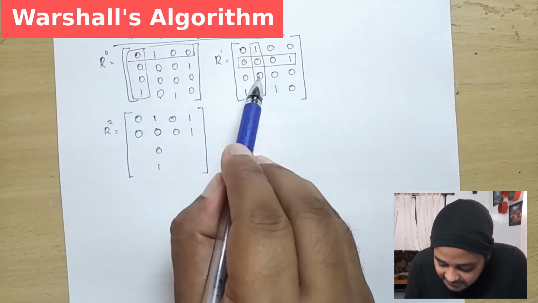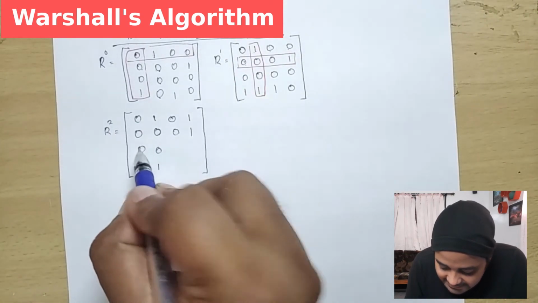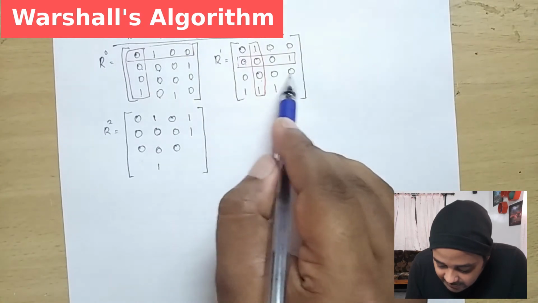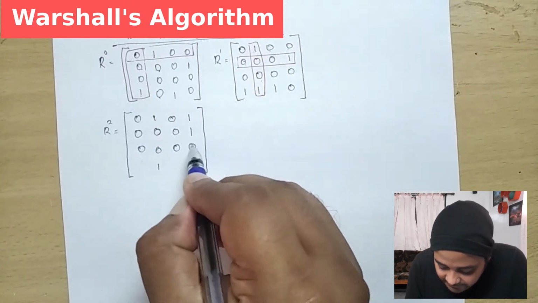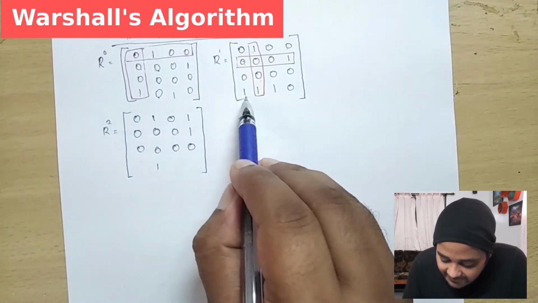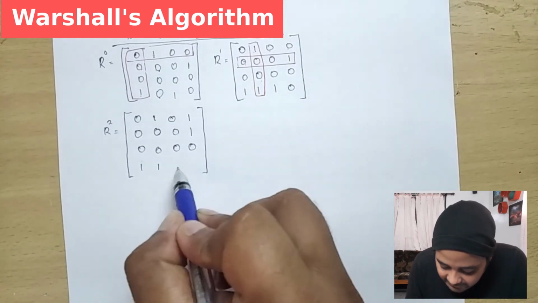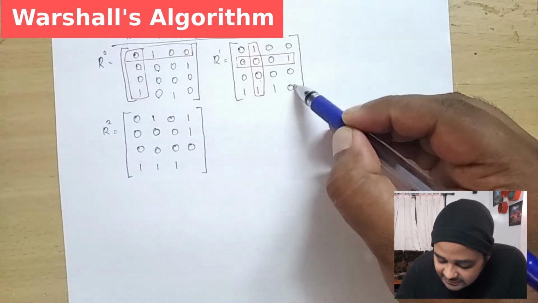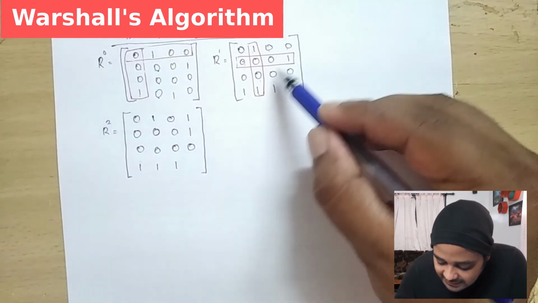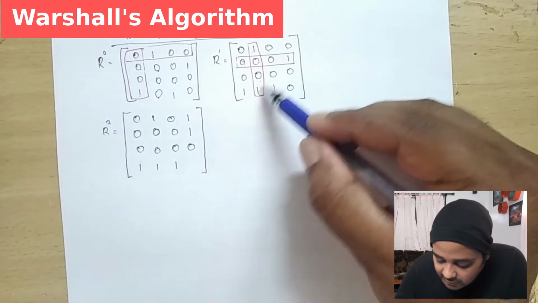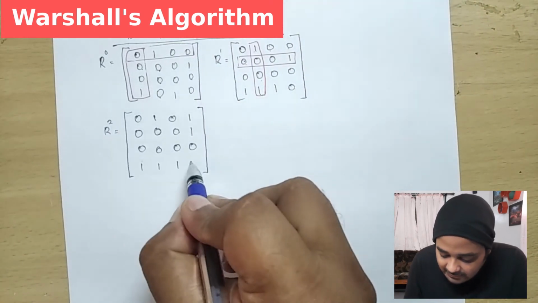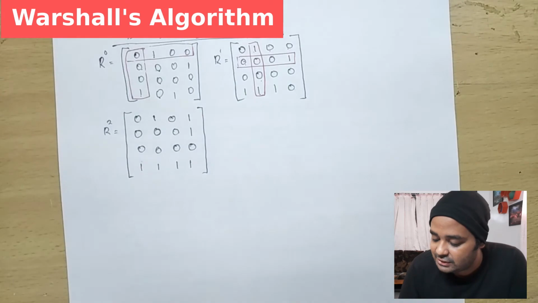Here for this value, 0 and 0 is there, so I place 0. Again 0, 0 and 1, it is not going to change, so it is 0. Here we are having two 1s, but one is already 1, so there is no need for you to compare. Here for this value 0 is there, and both the adjacent values are 1. So what you have to do is change this value to 1, right? So I have changed it to 1.